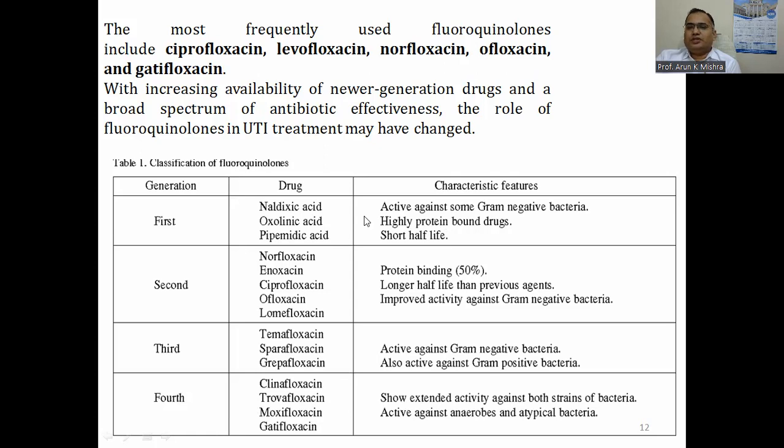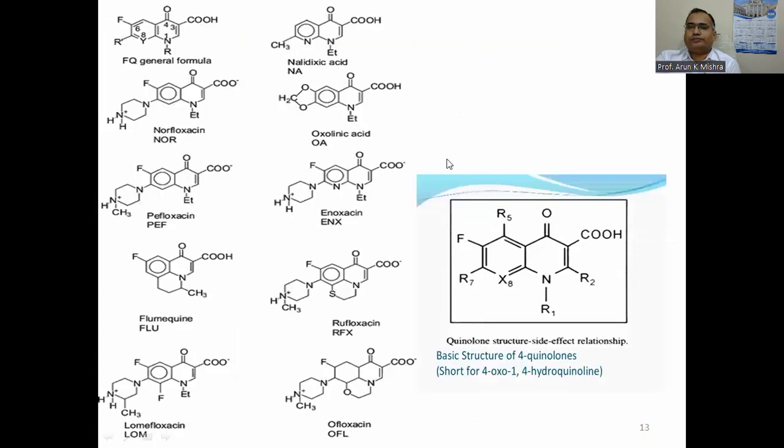The characteristic features of these antibiotics, especially fluoroquinolones, have been mentioned in this table. The students are advised to at least go through it once. These are some structures of fluoroquinolones like nalidixic acid, norfloxacin, oxolinic acid, pefloxacin, enoxacin, flumequine, rufloxacin, lomefloxacin, and ofloxacin. These are very common antibiotics, and this highlighted part of the structure indicates the quinolone structure,